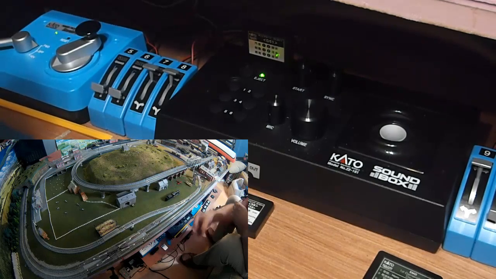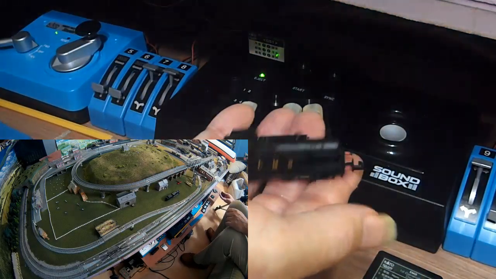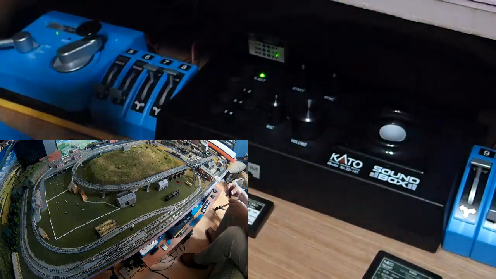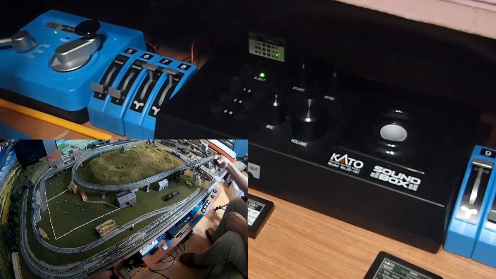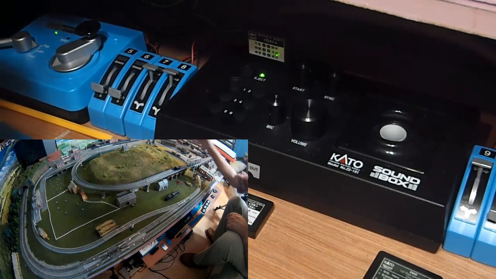Now, this is a Ginty. This is a current production Graham Farish Ginty. If I put this on the track now, it's probably just going to run right away because it doesn't need anywhere near as much power. So, yes, see,